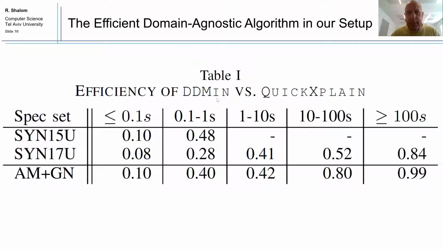This table compares the running times of delta debugging with QuickExplain. Here we can see time frames, let's say from 1 second to 10 seconds, or from 10 seconds to 100 seconds. The time frames are the time required for delta debugging to compute its computation, and the numbers are the geometric mean of the ratio between the running time of DD-mean and QuickExplain. As we can see, the running time of DD-mean is less than that of QuickExplain, and this effect grows weaker as time progresses. This justifies our use of delta debugging within QuickCore and with the comparison of it to QuickCore.